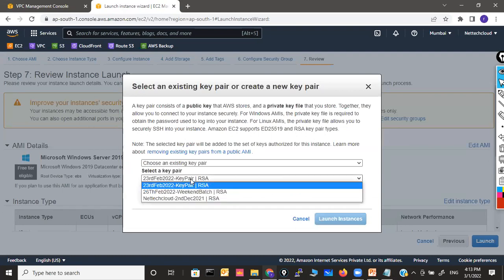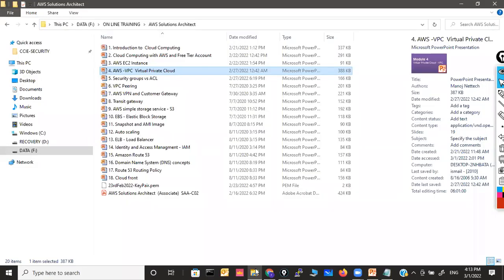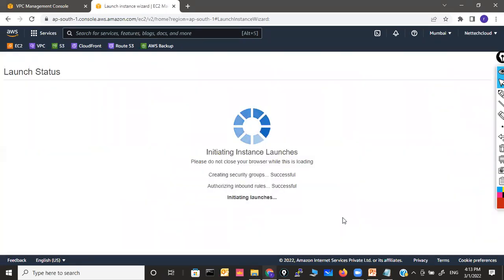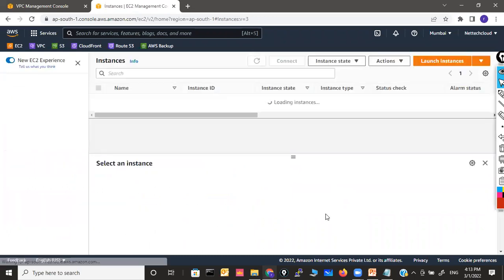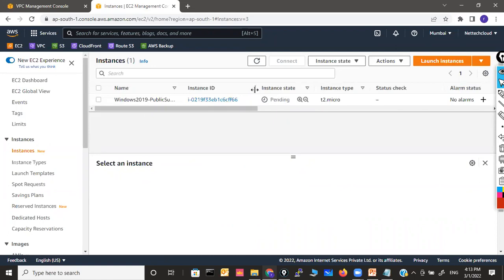And then I'm going to use the same key pair. I think we have the same key pair because yes, on 23rd Feb we created it. So yes, now I acknowledge. We don't have to create another key pair. We can spin up the EC2 instance here. So it's a public instance, and once it is successfully initialized and running,